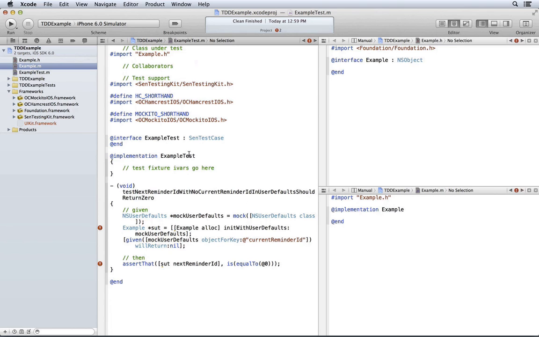I've got my test code over here. I've got the class that I'm building over on the right side with the header up here and the implementation down here. Now let's give it these methods that it's complaining about.